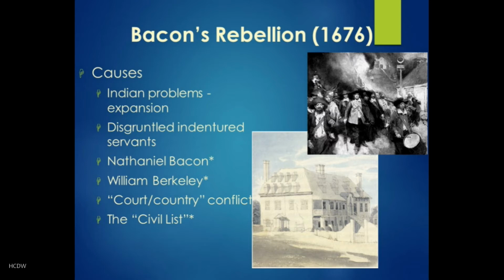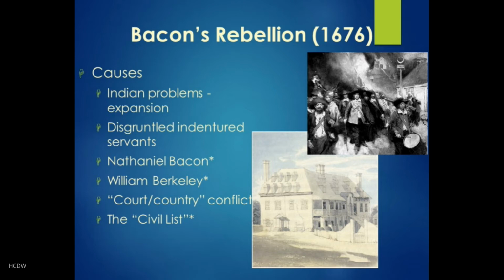There were other newer arrivals coming from England who were not indentured servants but were sons of gentry and who expected positions of influence, power, and perhaps wealth even after their arrivals. Our man in question, Nathaniel Bacon, is one of those. So this is not a class conflict. Bacon is not poor. This is a power conflict. He arrives in the early 1670s as a 29-year-old planter with money and ambition and the expectation of some position of status within Virginian society.